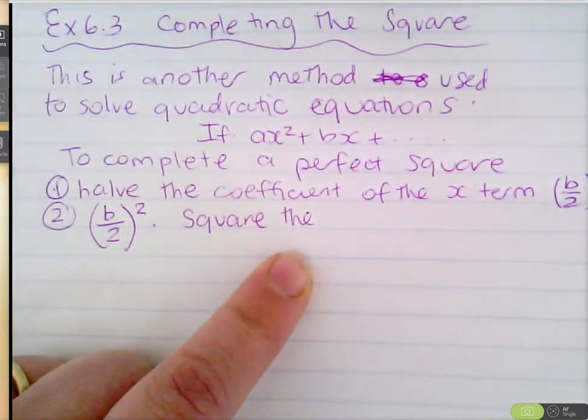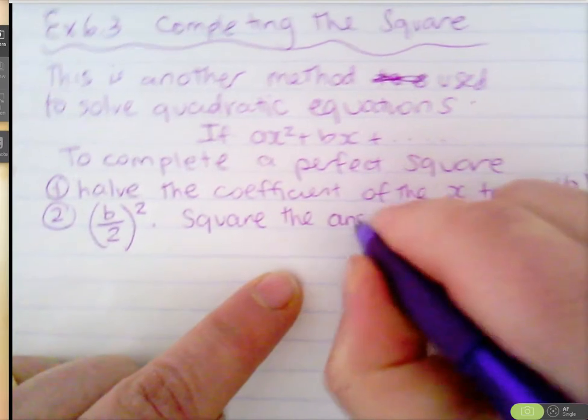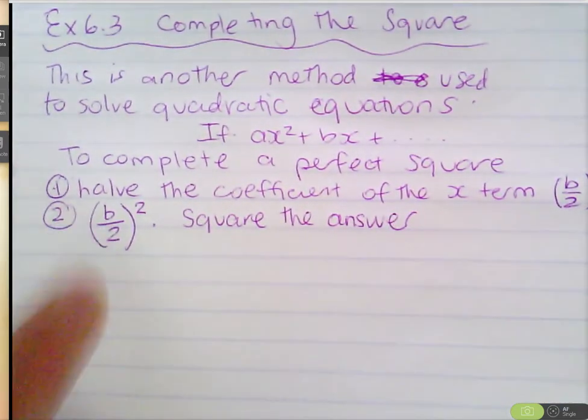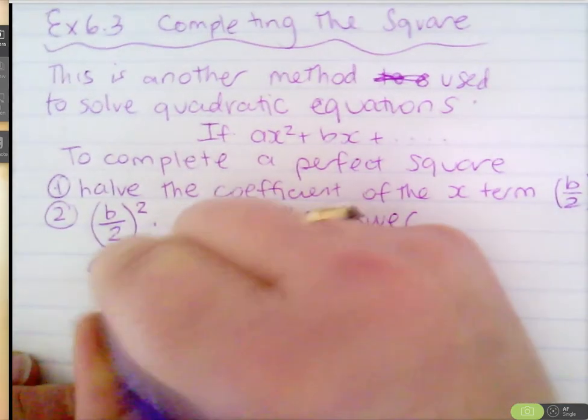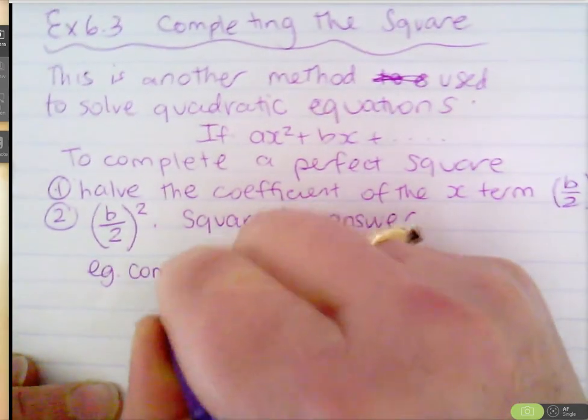Do you understand what I'm saying? We square the answer. So that's what you do. So first step, halve the coefficient of the x term. So you'll do b on 2 and then you square it. Okay? So for example, if I want you to complete the square